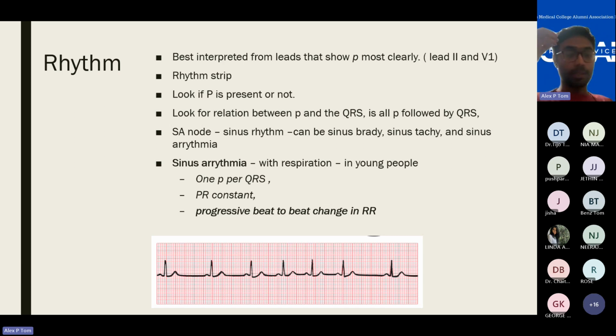Why I say that is P waves are best visible in these two leads. So if you have any doubt if the P waves are actually visible in an ECG, if that's a P wave or something else, it's best to look at lead